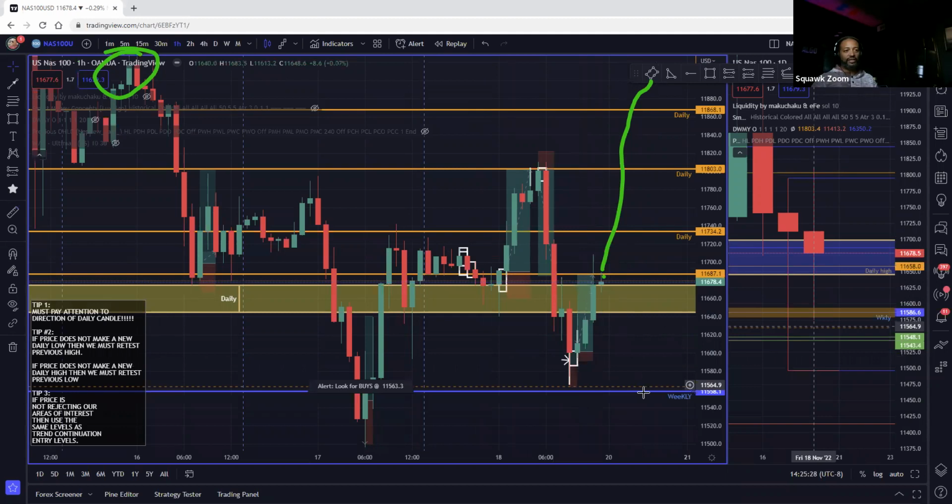And because it was rejecting a weekly level. So first thing, our question is, are we around a weekly or daily level? That's the first question. Second question is, can you find confluences for entry on lower time frames? That's all you need to do. When price was down here, I'm going to show you this. When price was down here,